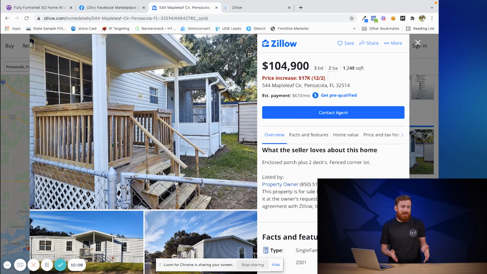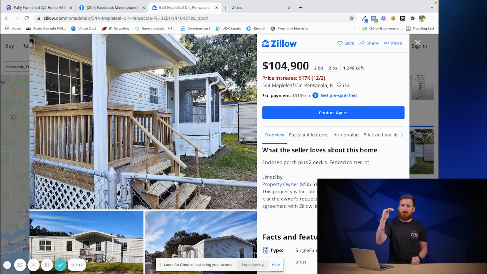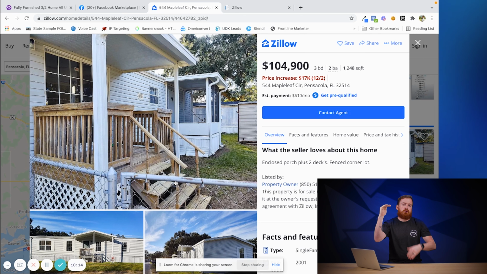But quite often, the reason it's a for sale by owner, they're trying to sell it for more than what it's worth, and they don't want to pay a realtor, so they're greedy twice. So a lot of the times those don't pan out, but it's totally worth playing with. Same thing we talked about on